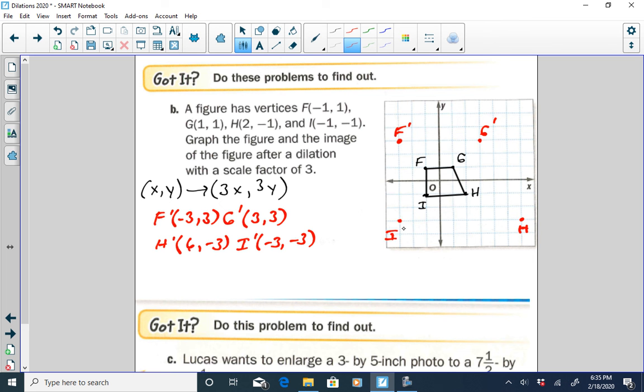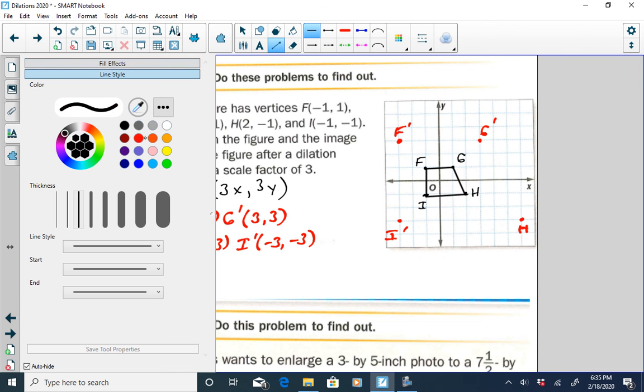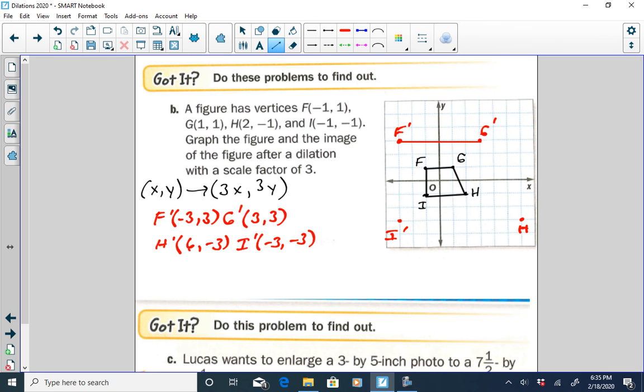There's our I prime. Let's connect those points. All right, let's use red again. Fill effects, line style red. Okay, connect our points. So we go here, and here, and here. Now, it certainly looks like an enlargement, but once again, let's check using our ruler, because each of